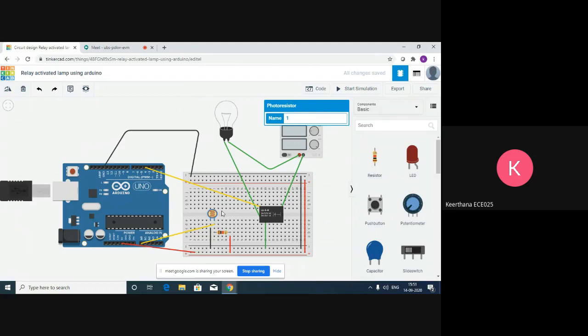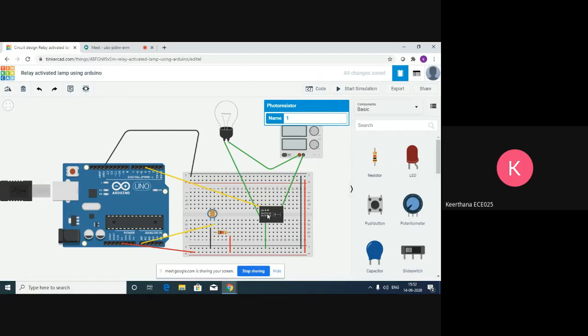It operates under an optical phenomenon. The general principle is that whenever light falls on this LDR, its resistance decreases, and hence it will not make my bulb glow. We should always remember that the LDR operates only in the higher resistance region. Hence, dark resistance is one of the main important parameters for turning on my lamp. So I have used this LDR.